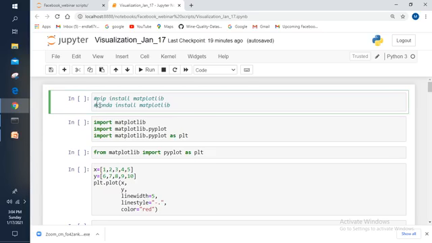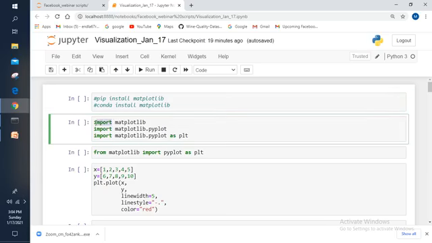After installing the matplotlib library, you need to import it into our current working directory to utilize its functions. To import it, I'm using the import keyword.